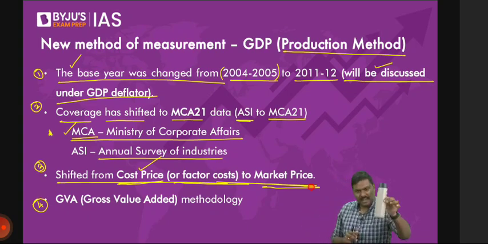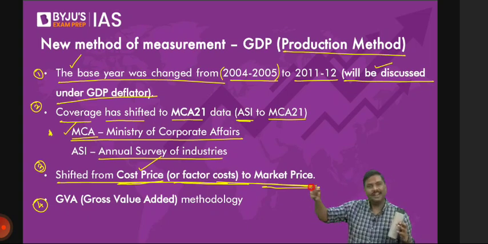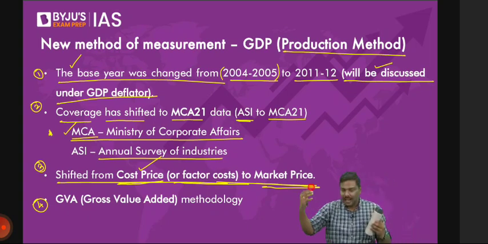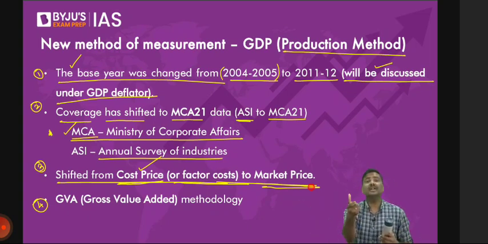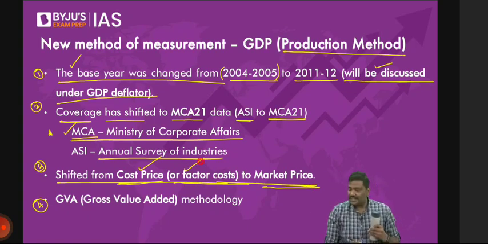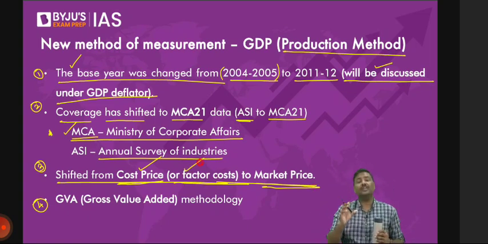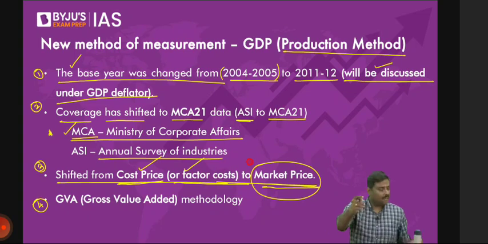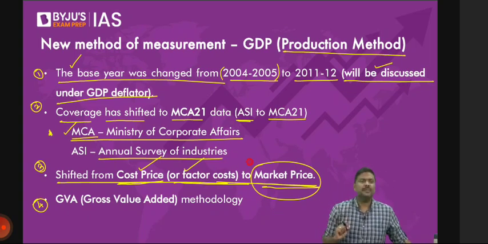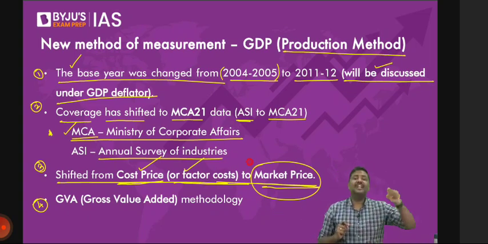You are basically manufacturing the bottle. So to manufacture the bottle, you'll use land, you'll use labor, etc. And when you use all of them, you'll pay money for it. I'll call it a factor cost. So remember this. Earlier, the GDP was calculated using factor cost. Now we are not using factor cost. Rather, the final GDP value, whatever is the GDP value, when you read the newspaper, they'll say GDP value is this much for India. GDP value last year was this much.